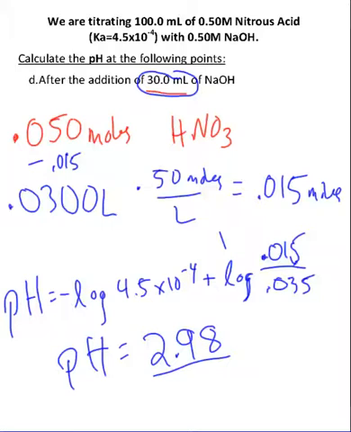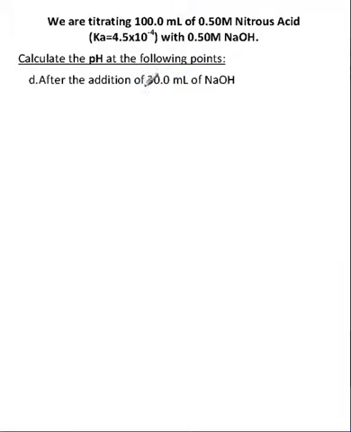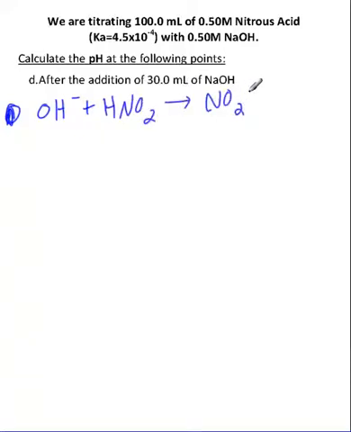I'm going to switch pages. It's going to be the exact same problem, just clear out everything we did. And we're going to use those values we just calculated last time, but I'm going to leave myself some space. OH plus HNO2 is going to make NO2 minus plus H2O. And I just calculated on the other page, so we can use those same calculations. One, we've already calculated that this is